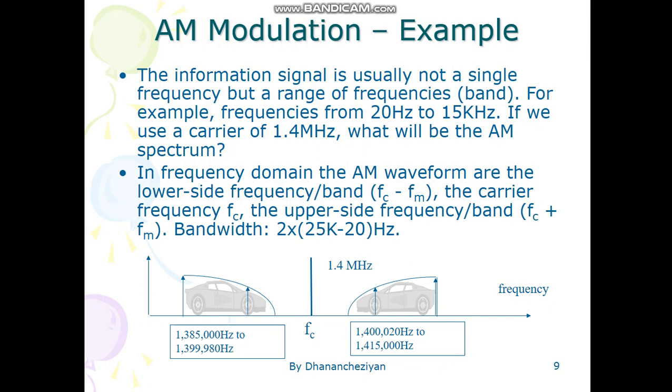The lower cutoff frequency, or lower sideband, is nothing but 1.4 megahertz minus your 15 kilohertz, so that will become around 1.385 hertz. As we know, the carrier frequency remains unchanged, so these three components are actually transmitted for an AM modulation scheme. This example shows us the spectral representation of AM modulation, and how much frequency component is carried per AM signal as per the given example.